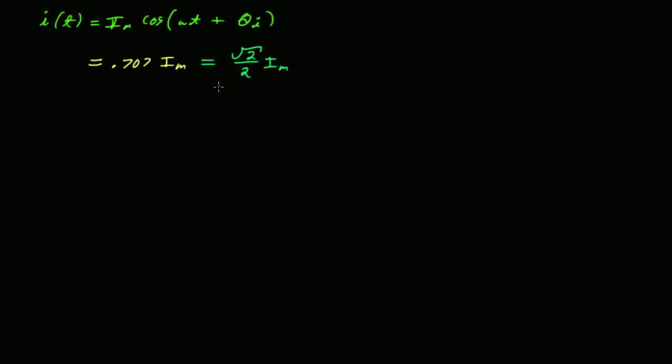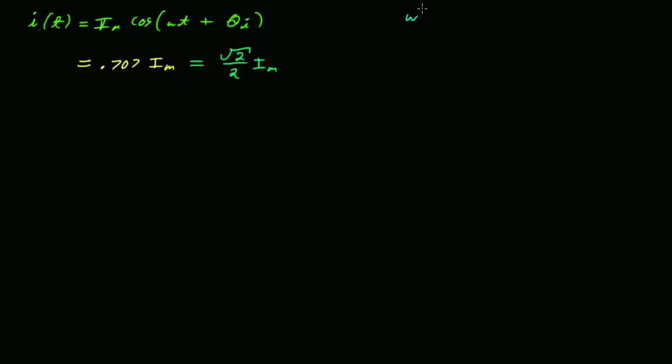Because originally we had said that when your source is a cosine, the power was 1/2 V magnitude I magnitude cosine of theta V minus theta I. It's not that this is wrong, it's just that it's kind of a drag because we have to remember one formula for sinusoids